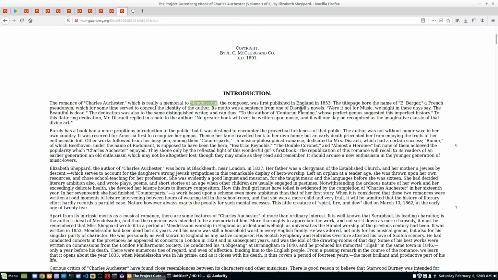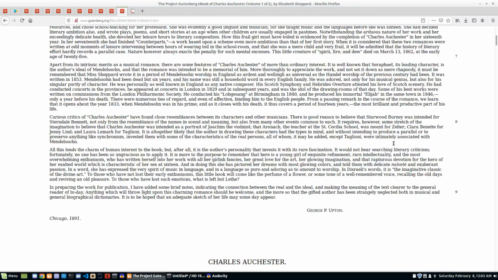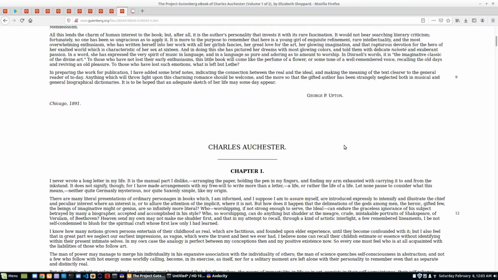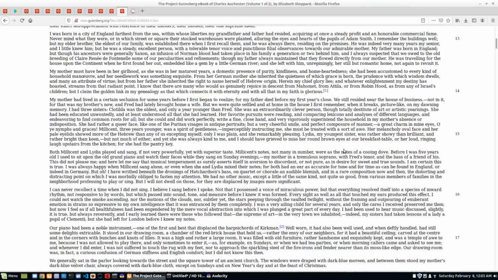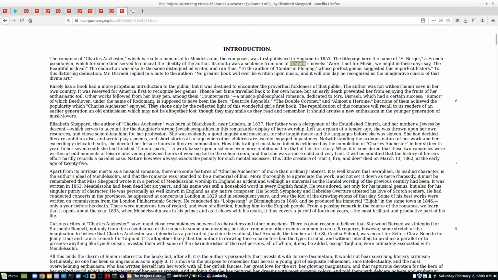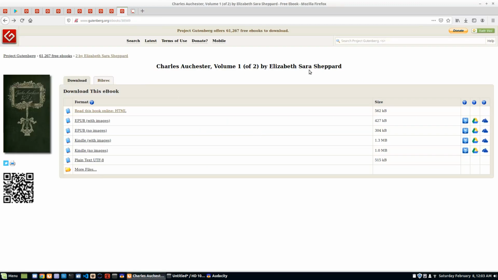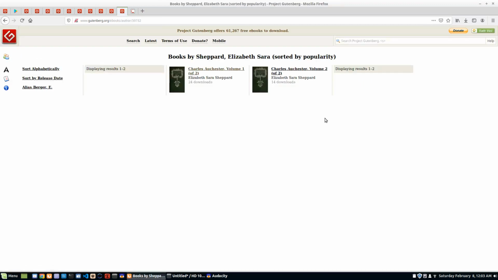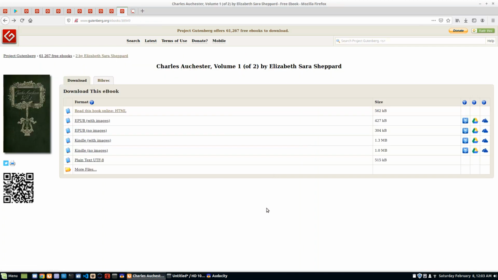But Disraeli apparently thought it was good enough to help her get it published. So I'm really curious to read this someday, especially as a Mendelssohn fan and knowing something about his life. I'm really interested in how she portrayed this in novel form. And she actually, okay, they don't have it here, but she actually wrote a similar kind of novel about Beethoven. I think it's called Rumor. But anyway, yeah, super obscure, but just one of those things that will certainly appeal to a niche audience